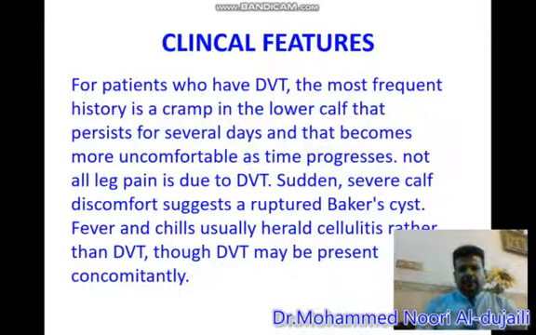Clinical features start with the clinical features of DVT, which is characterized by severe cramp or pain in the affected part. If we take the lower limb, it is in the calf muscle, and maybe hotness, swelling, dilated superficial veins, where it must be differentiated from the ruptured Baker cyst, which, when this cyst behind the knee ruptures, the fluid content goes into the calf muscle, or it must be differentiated from the cellulitis, which